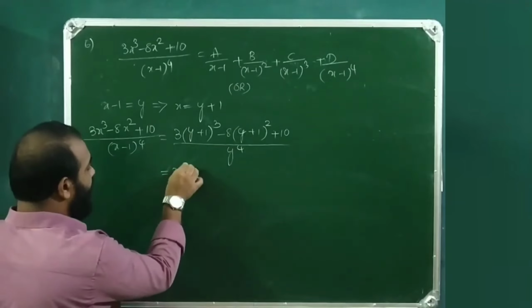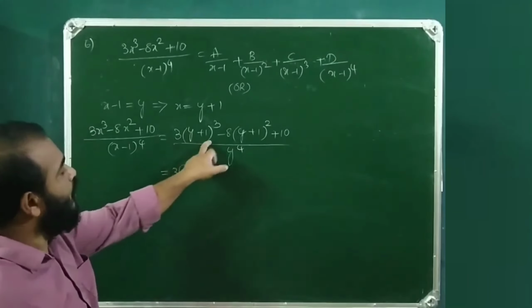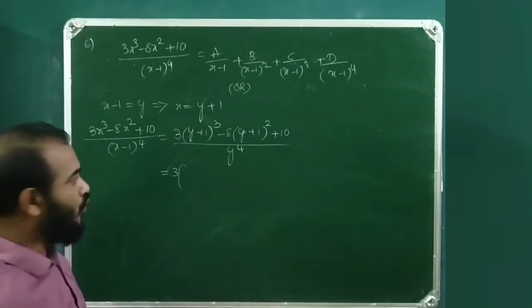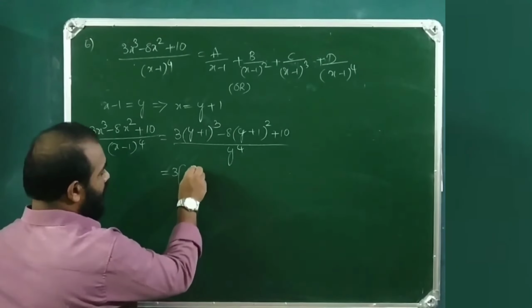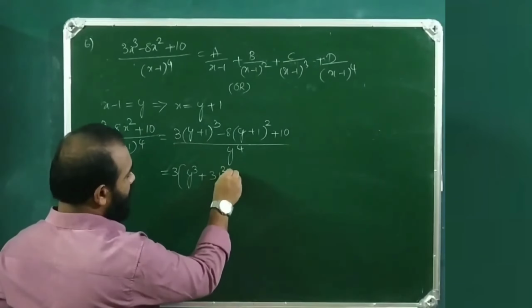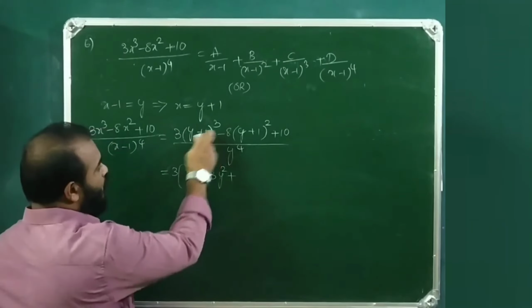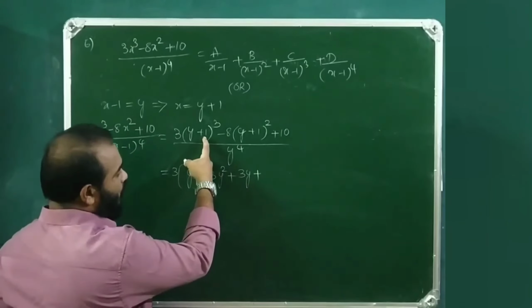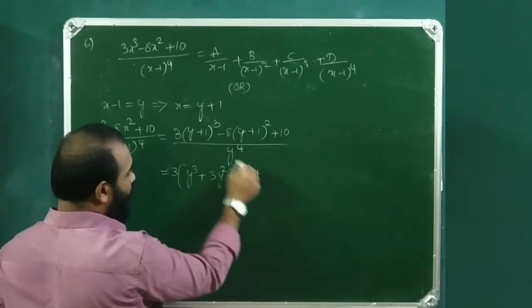Now this is 3 into (a plus b) whole cube: a cube plus 3a square b plus 3ab square plus b cube, that is y cube plus 3y square into 1 plus 3y into 1 square, 3y, plus 1 cube, 1,